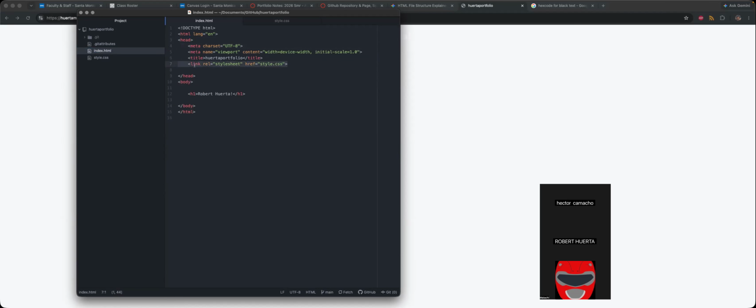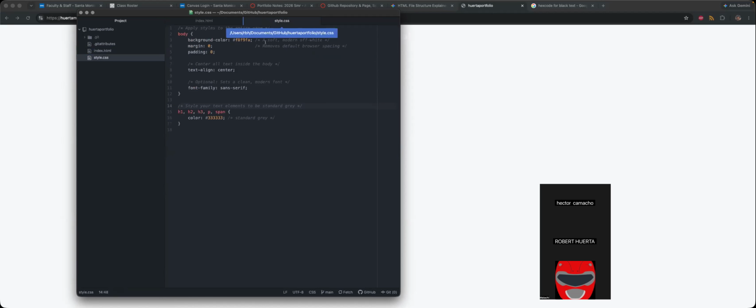But this is a very useful line of code here because it connects your HTML file inside of your file tree or your structure or your repository, however you want to consider it. It connects it to your CSS file. So if I refresh again,